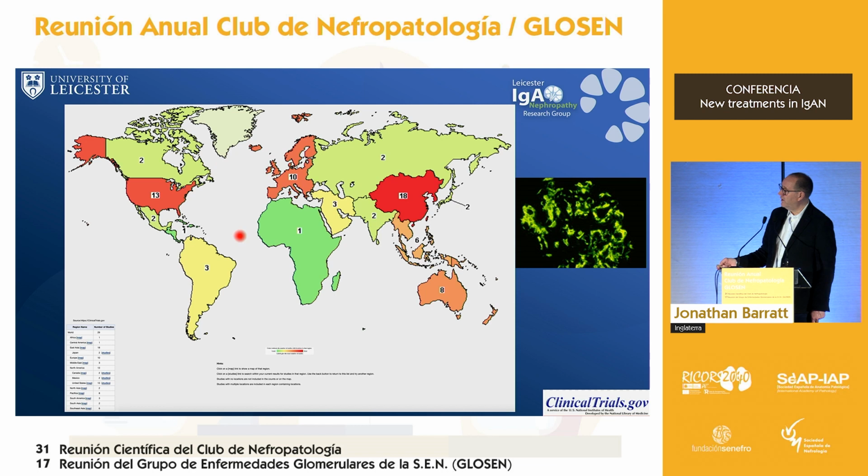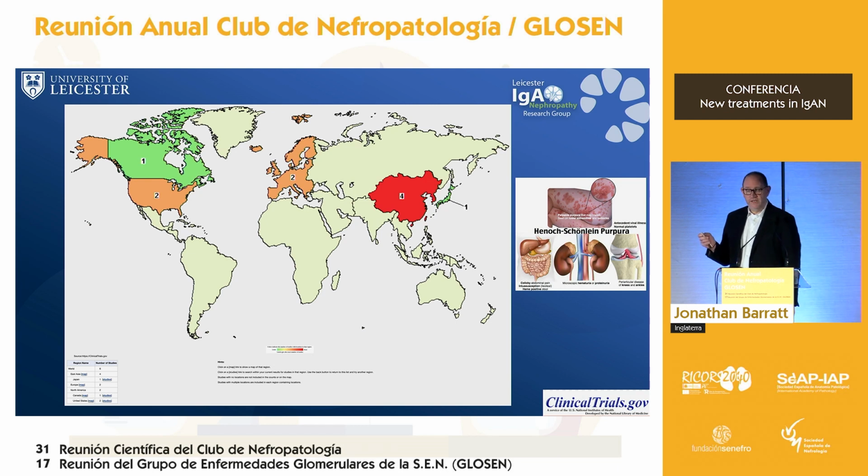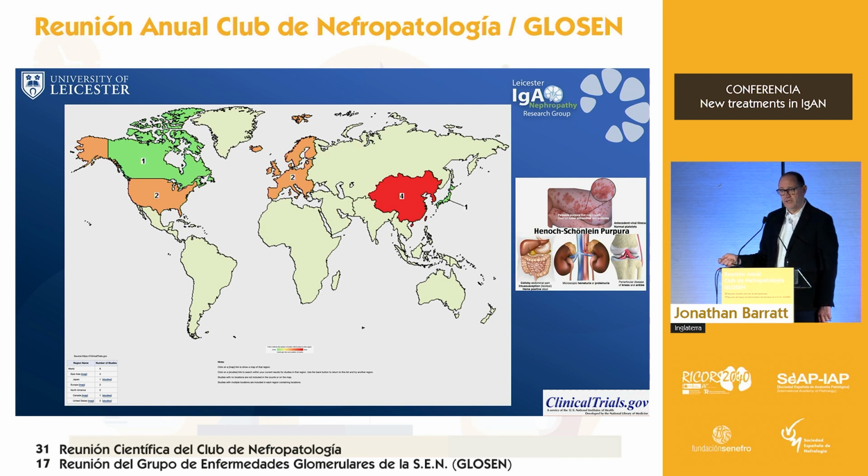And I'm sure this probably reflects the kind of studies that you're looking at here. These are the number of phase 1, phase 2, phase 3 studies in IgA vasculitis at the moment. These are not studying new therapies. These are studying old therapies in small pockets of single-center studies. You can see how much clinical trial activity there is. In China, the studies are looking at Chinese herbal medicines, not Western medicine. So there is very little clinical trial activity in IgA vasculitis.